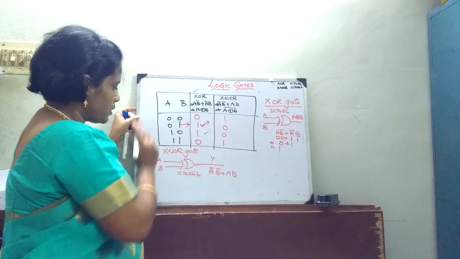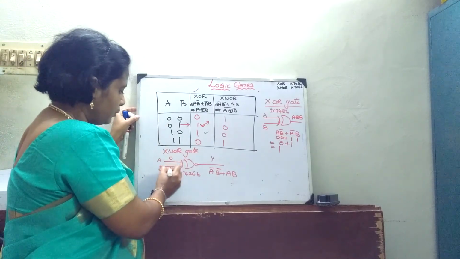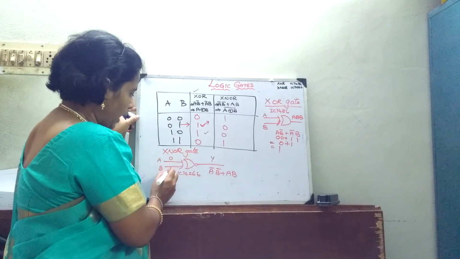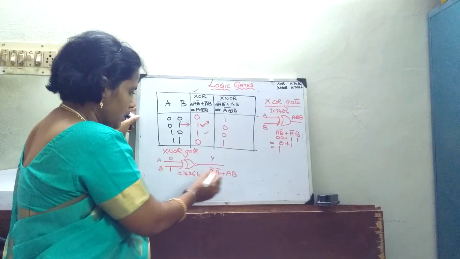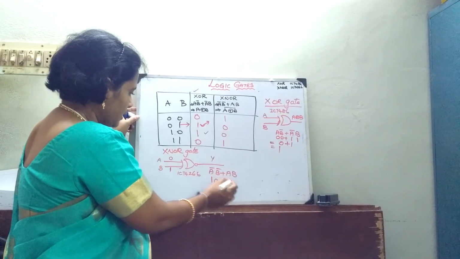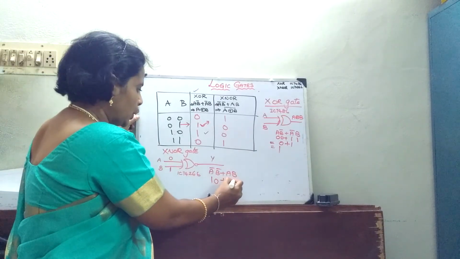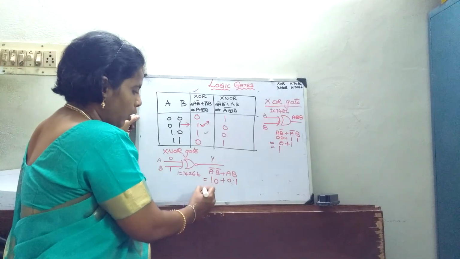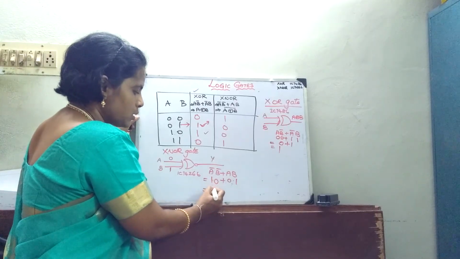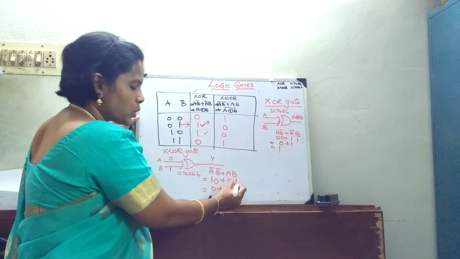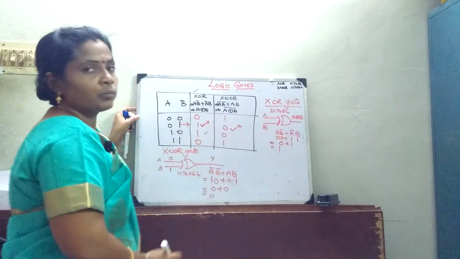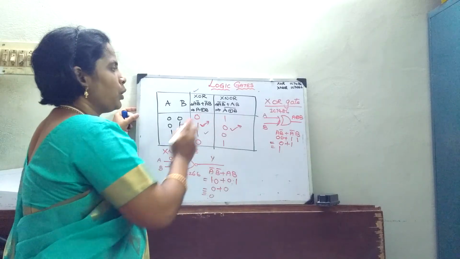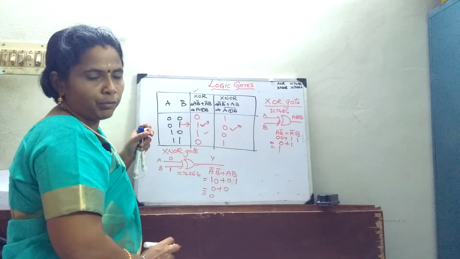Okay. Now we will move on, the same way, we will check for your XNOR gate. What happens? The same 0 1 condition we will take. So 0 and 1. So when I give it as a negation, it becomes 1, and 1 is there, so it will become 0 plus A into B. So 0 into 1. So what will be your output? 1 into 0 is 0 plus 0 into 1 is 0. So the output is 0. Thus, the output of your XNOR gate is verified.